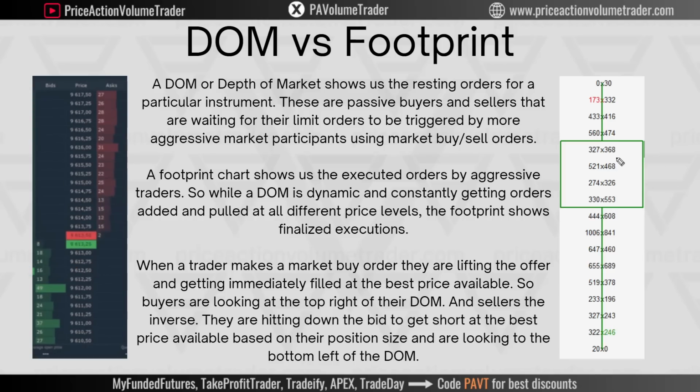Okay. So if you look at the footprint here, all these numbers that we have on the left side are aggressive sellers that hit the bid in order to get short at each of these levels. And if we look at the right side, these are aggressive buyers that were lifting the offer and getting filled at these price levels in order to get long. Okay,